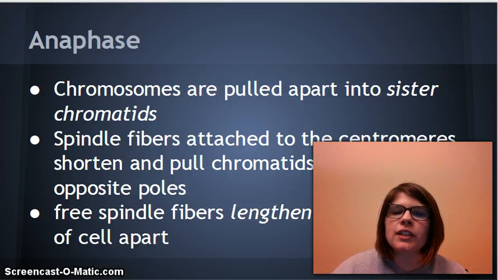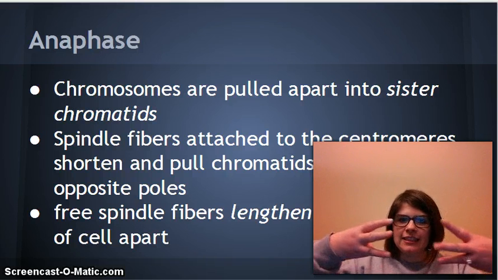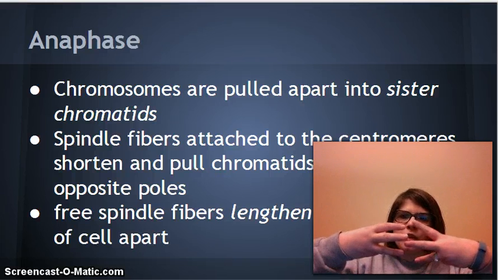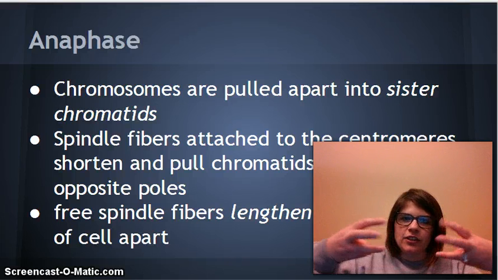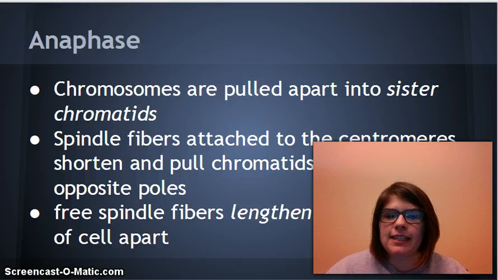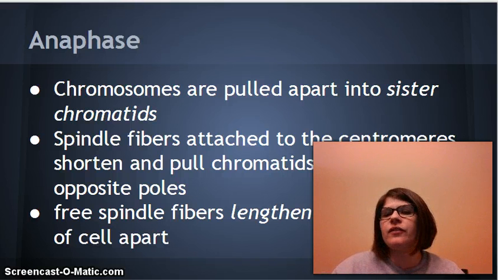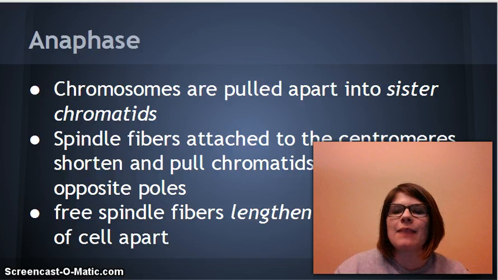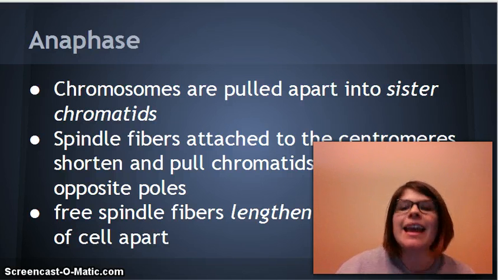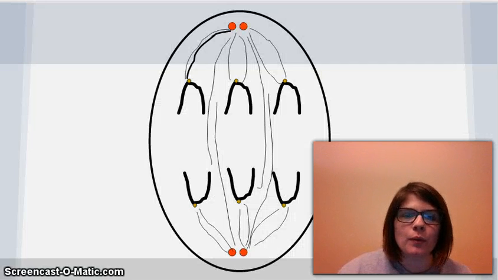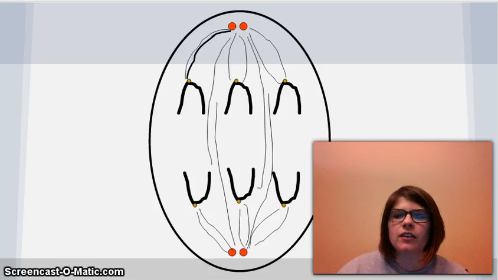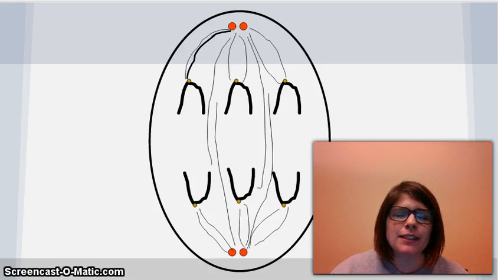And remember when we looked at the cells, it kind of looked like this. So we had gone from metaphase, which was this. We're now pulling them apart, and these are our sister chromatids. So they're being pulled to opposite ends. And then finally we free those spindle fibers, we lengthen and push the poles of the cell apart. So we lengthen and we push them to the poles. Okay, so this is a picture of anaphase. I know I just showed it to you with my fingers, but this is a better picture to have,